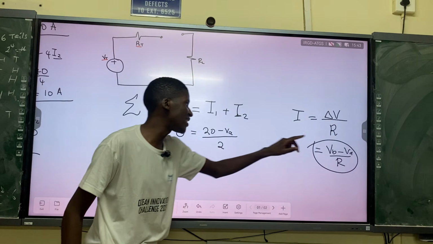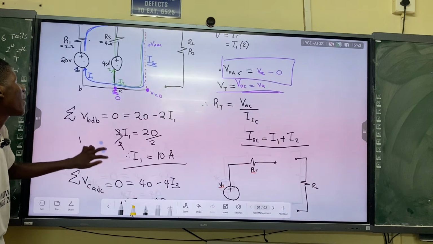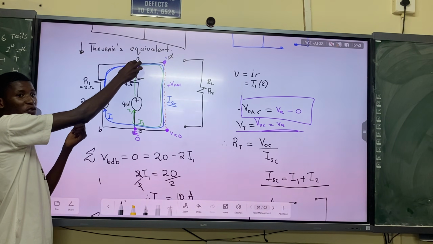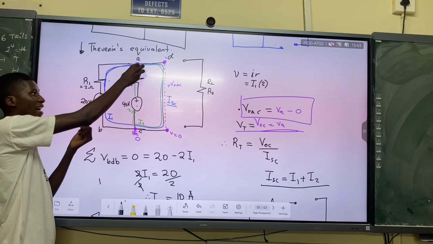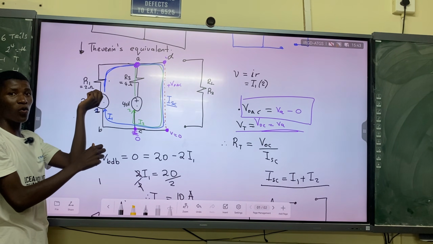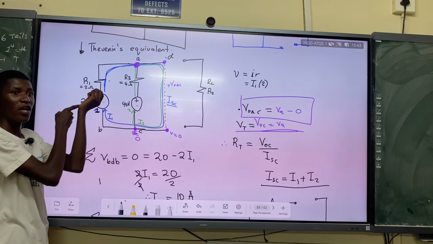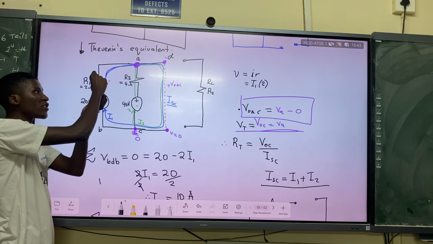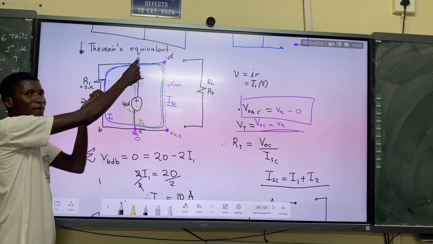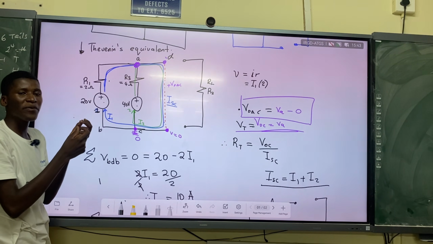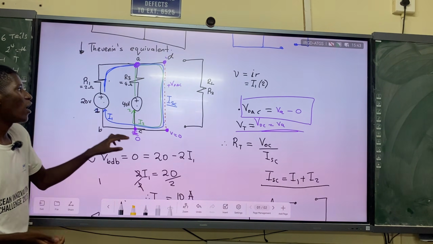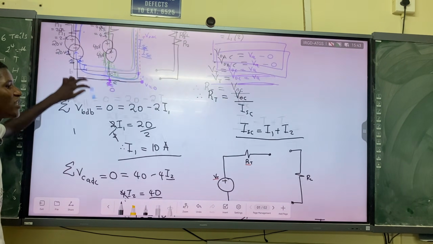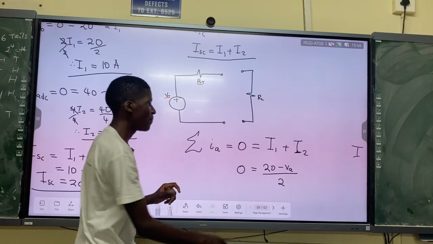Remember, we use a potential difference. On one end of R1, we've got VA. That's the potential. On the other terminal of R1, we've got 20 volts. So the potential difference across R1 is going to be 20 volts minus VA. That's why we say it's a potential difference. Over a resistance, it gives us the current through R1, which is what we want, I1. Plus